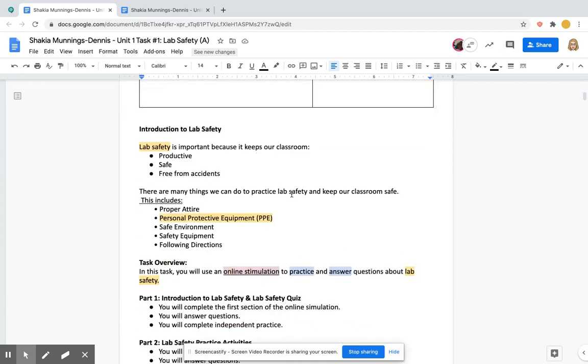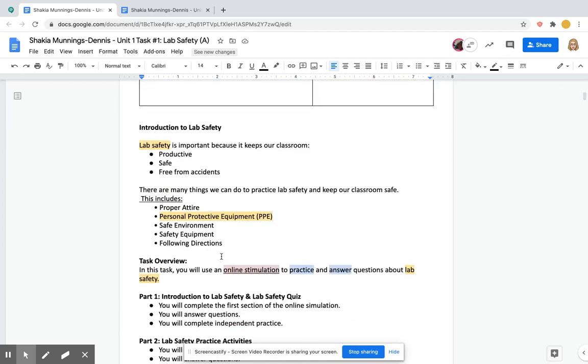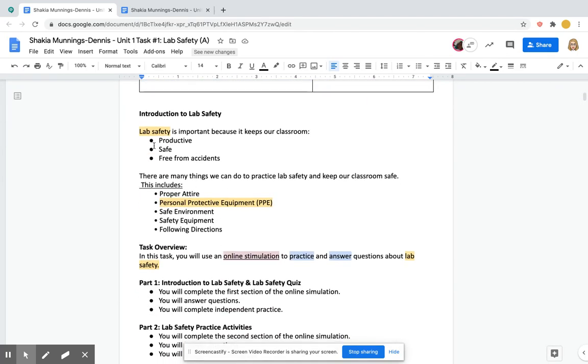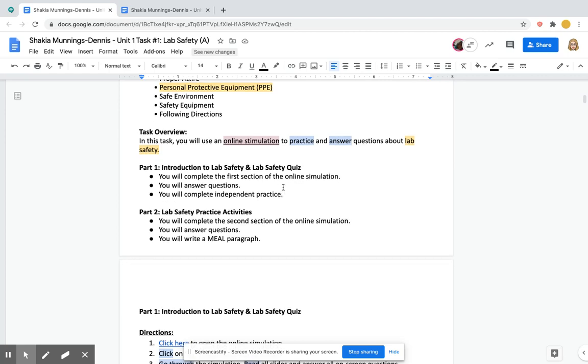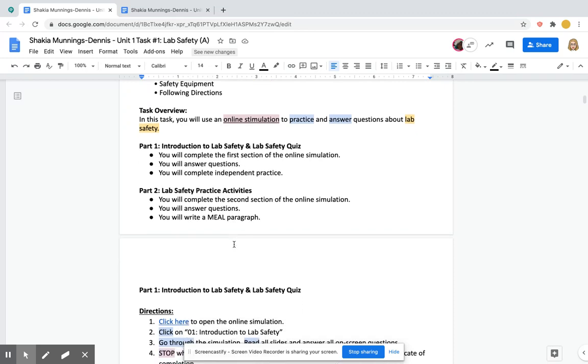Then you're going to go down. You can read this introduction to lab safety. It just tells you what lab safety is. This is an overview of the task. So there are 2 parts. In part 1, you do an online simulation and then you answer some questions. In part 2, you do the same thing with a different online simulation, and then you write a meal paragraph